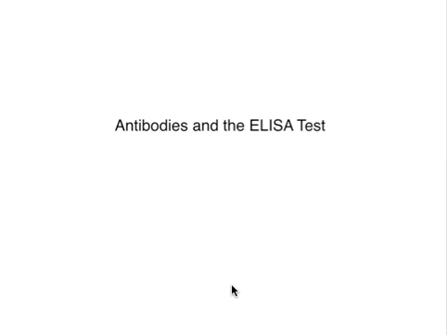Alright, this presentation is about antibodies and the ELISA test. Antibodies are proteins created by the body during an immune response to a specific antigen, and the ELISA test is a method used to detect the presence of an antigen in solution. So, in the body,